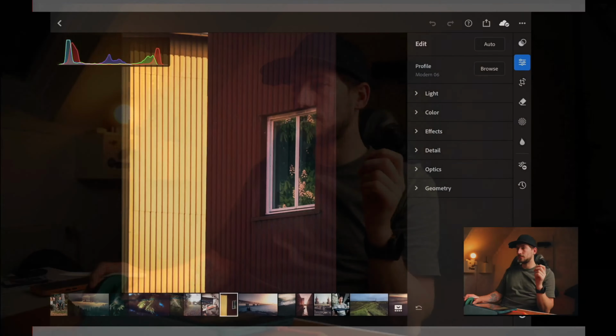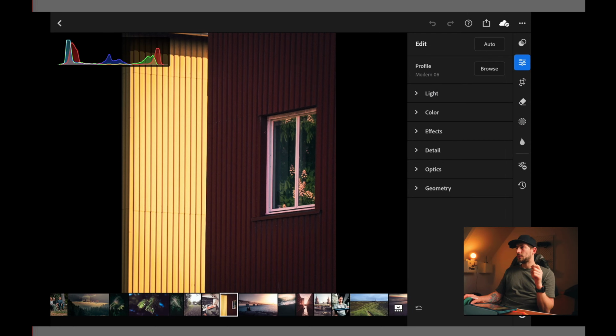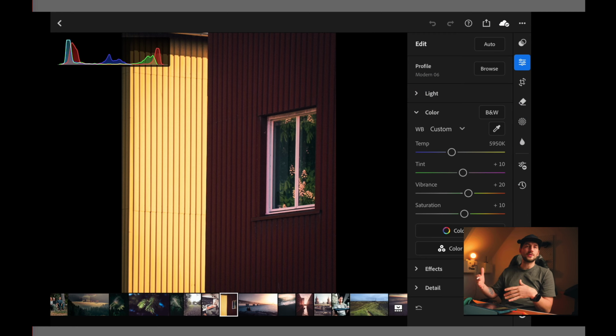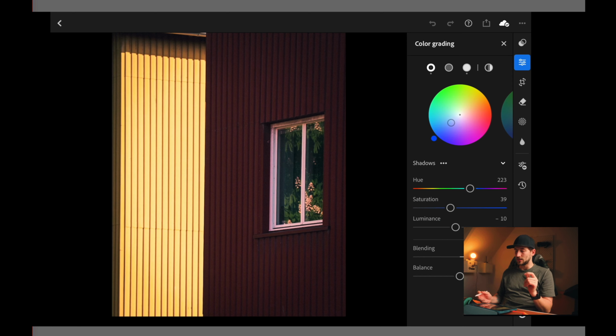And I'll now pop up my iPad screen, and I'll show you what I mean and where you can find them. I'm using an iPad, so I'm using Lightroom Mobile, but you can use Lightroom Desktop without any issues because you have the same settings. You go into Color and then Color Grading. And so a complementary color scheme is a scheme built from 2 colors that sit opposite to each other on the